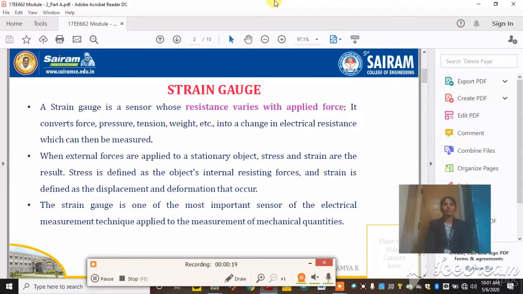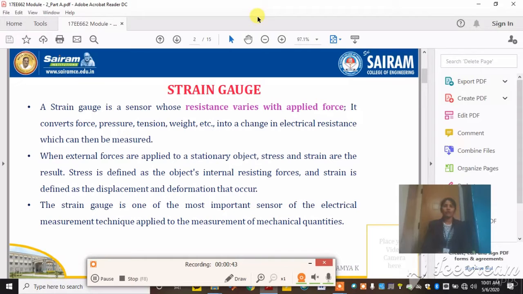Now what is meant by strain gauge? First we should understand what is meant by strain gauge. It comes under your sensors. It is also a type of sensor where your resistance value will get changed. How is the resistance value getting changed? By applying some force. When you apply some force, if the resistance is getting changed, then it is a